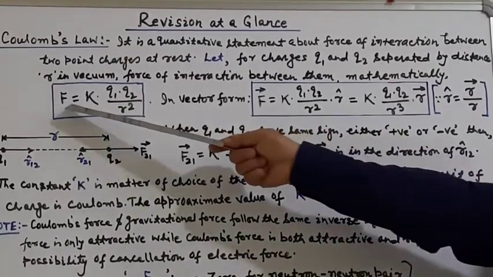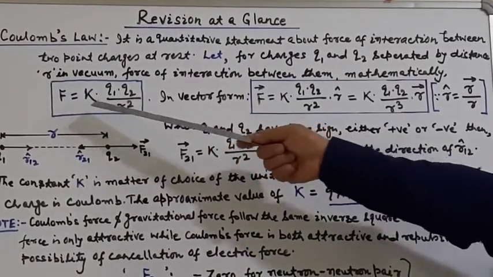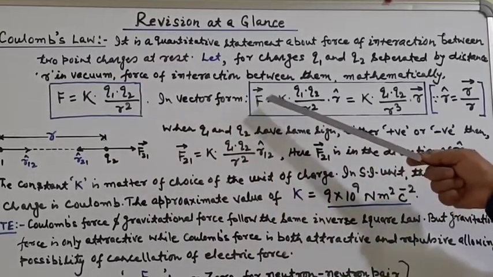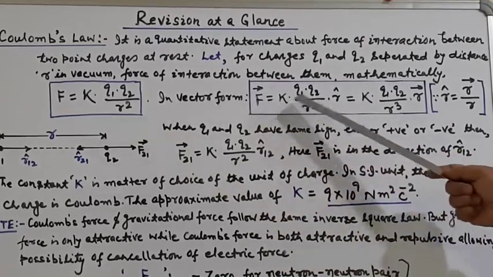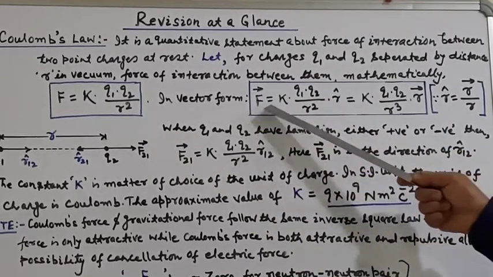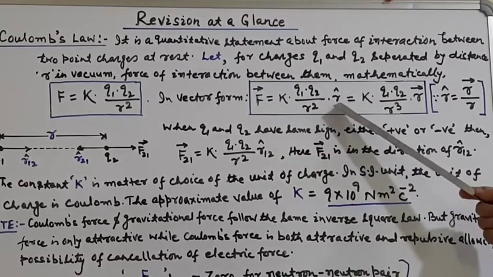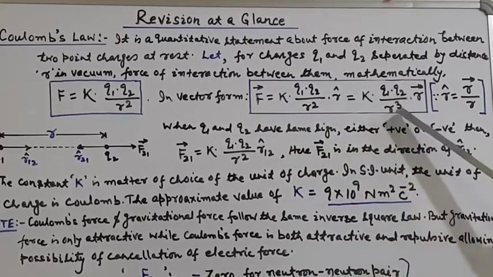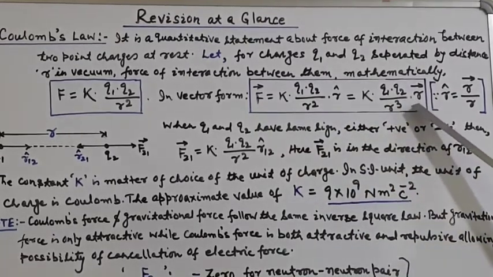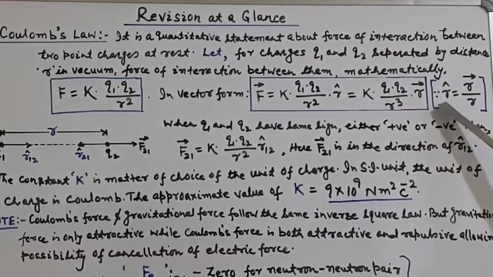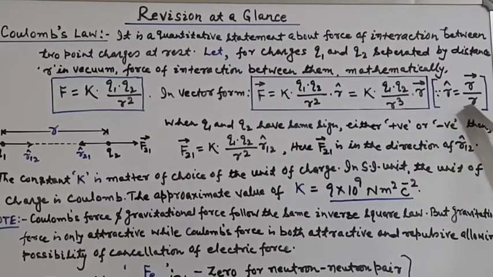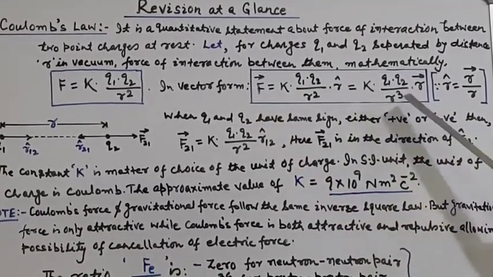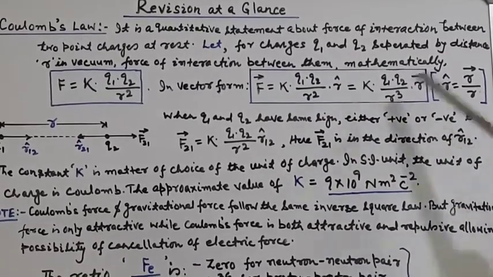We know that force is a vector quantity, so we are supposed to write this force in vector form also. In vector form, this equation becomes F is equal to K Q1 Q2 by r square, and the direction is given by the r cap you mentioned. So this unit vector will give the direction of vector F. Or this equation can also be written as K Q1 Q2 by r cube times vector r. How does it become this? Because unit vector r is equal to the vector divided by its magnitude. So you put the value over here, and the equation becomes vector F is equal to K Q1 Q2 by r cube times vector r. This is the general form.